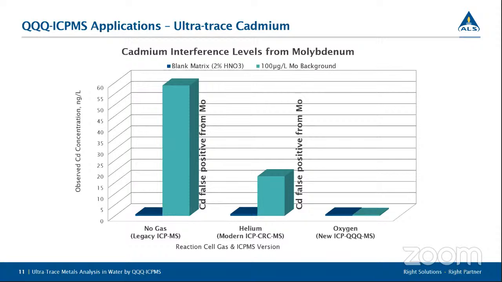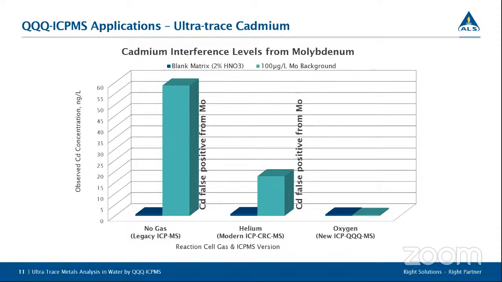One of the downsides to dilutions: if the dilution required to reduce the molybdenum concentration is so great, you may end up diluting out the cadmium signal or other analytes of interest. So you might end up reporting false negatives for other analytes. So in this chart, on the far left is the observed cadmium background in a